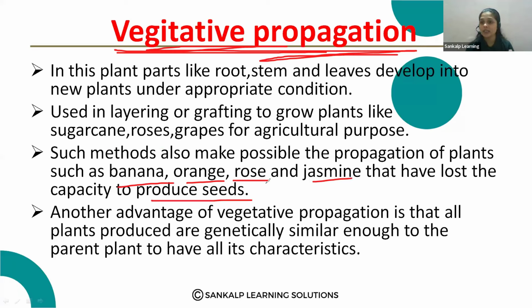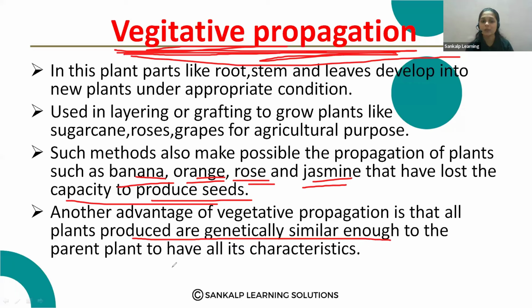So in plants that have lost seed production capacity, vegetative propagation is very useful, like jasmine, rose, orange, banana. So many are there. Here the examples are only a few, but you may know many plants around you. So plants which lost the capacity to produce seeds propagate through vegetative propagation. Then one more advantage is the plants produced are genetically similar enough to the parent plant to have all its